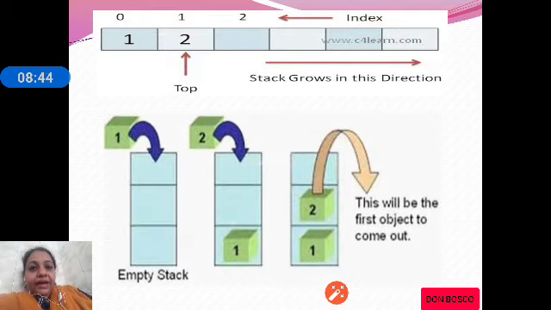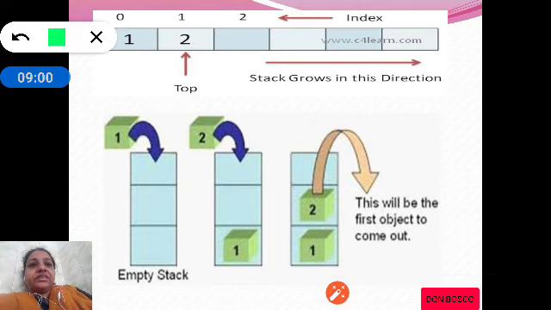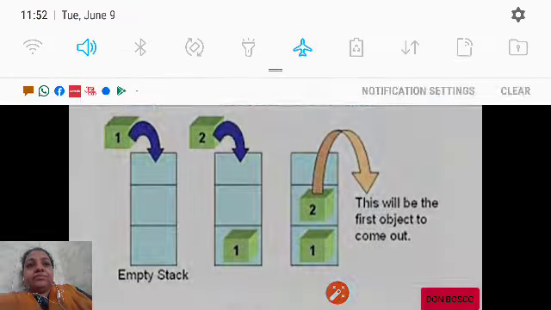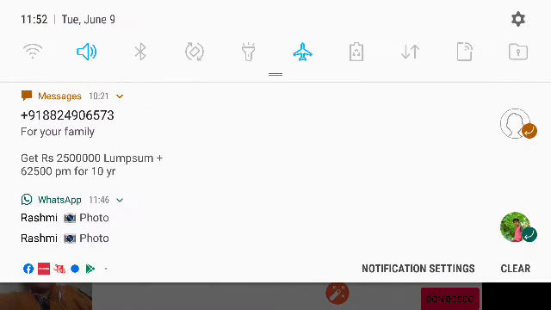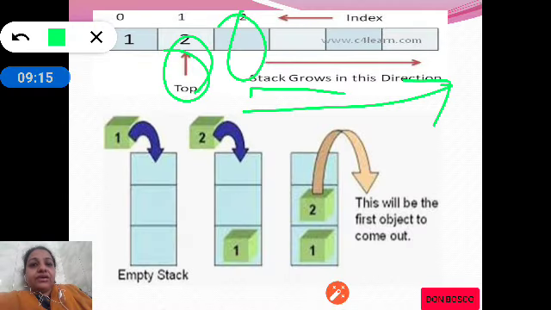During the execution time, we will not be able to change the size of the array, so it is a static stack. In the example you can see, top is representing 2 and you can see the direction in which the stack grows. So as you can see, now the top is 2, and when we add an element it comes to 3, and like this, the stack grows.